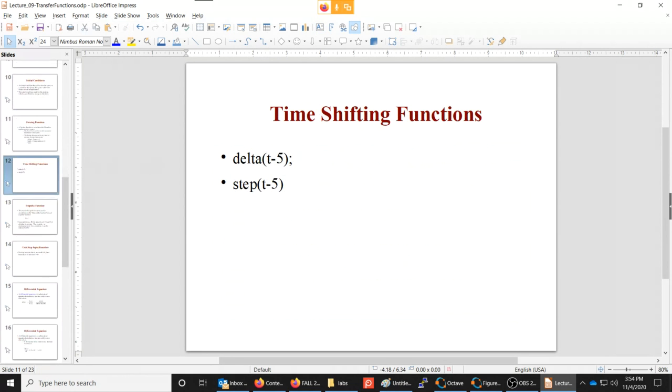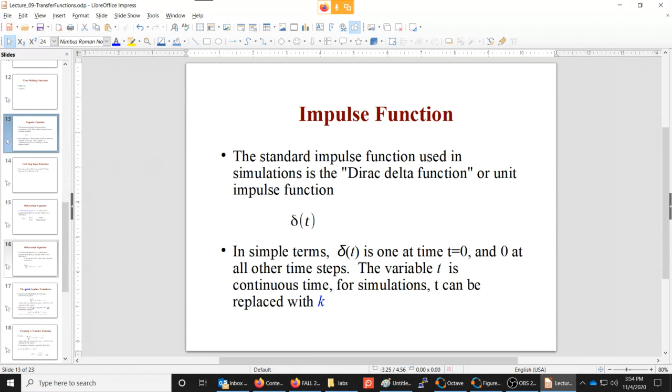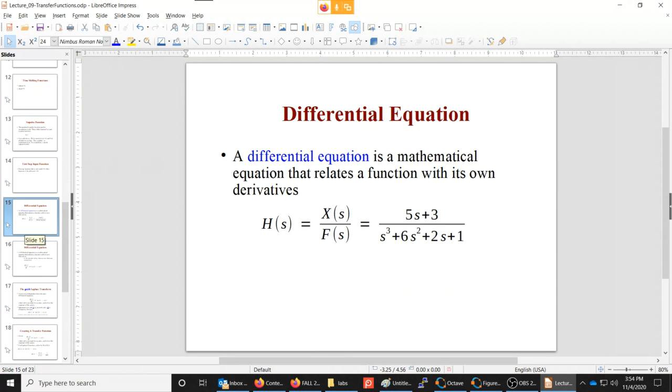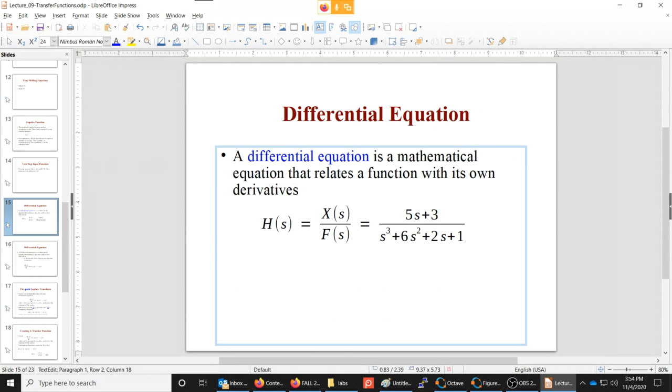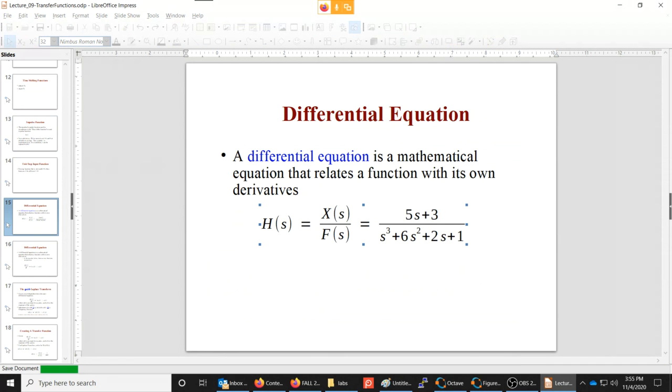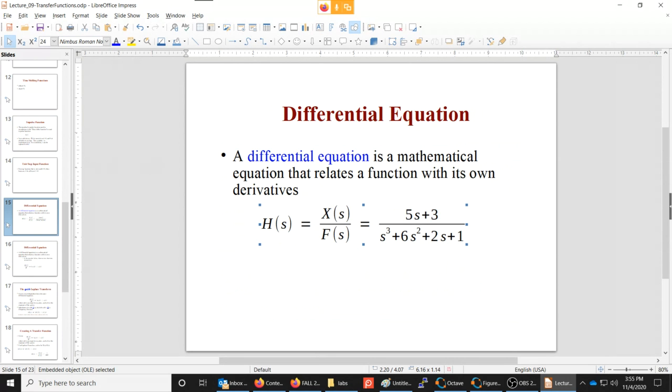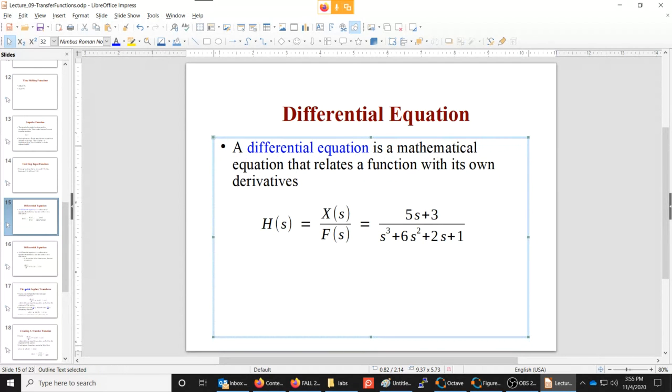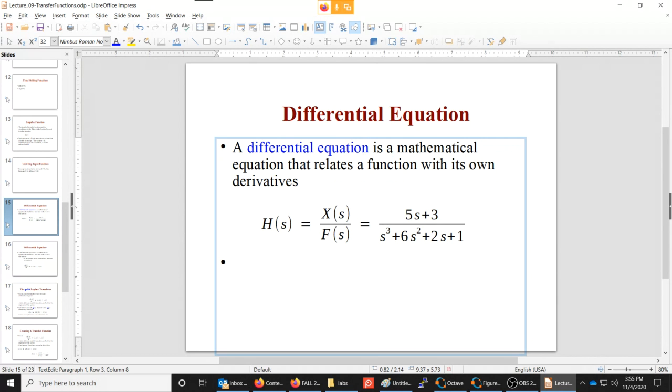All right, but we've got to push the system. So when we look at our transfer function, what I'm showing you is the transfer function. The s represents the derivative. What we're looking at here is a third order system. It's actually got 3 derivatives. That third derivative is like the derivative of acceleration, so it's how fast the acceleration is changing. All right, and so what we can do,